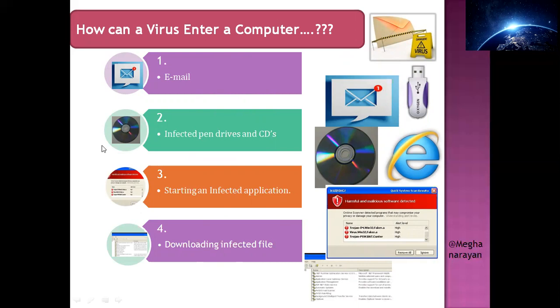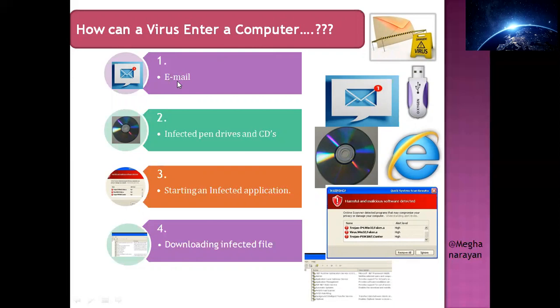You can see the first one is email. We all know there are various email services available, from Google to Yahoo to Hotmail, etc. These emails are also one of the ways via which a virus can enter a computer. Someone sends you an auspicious-looking email.